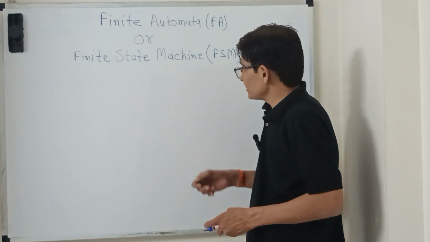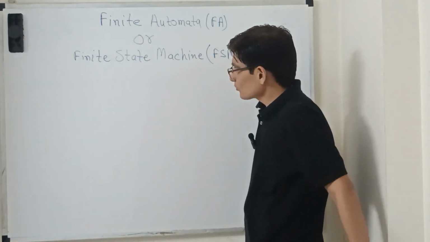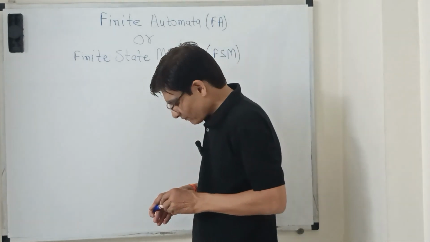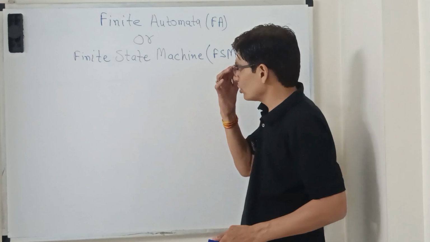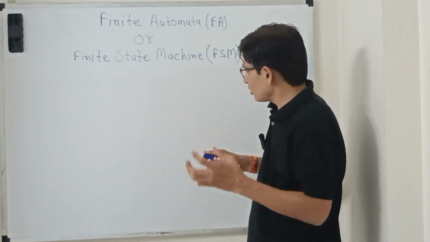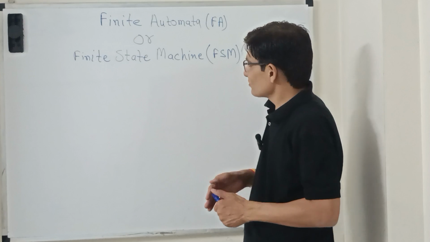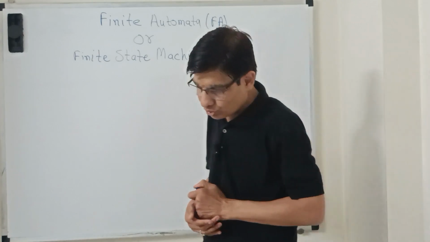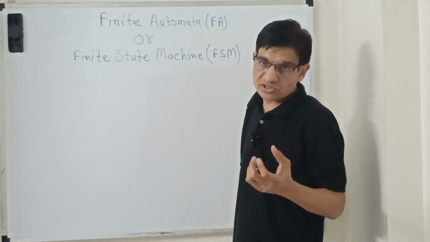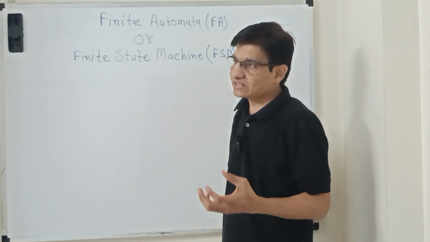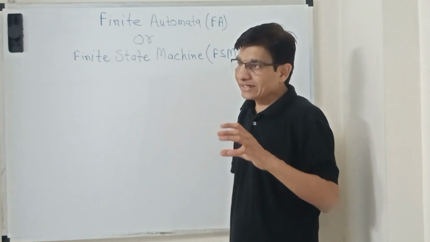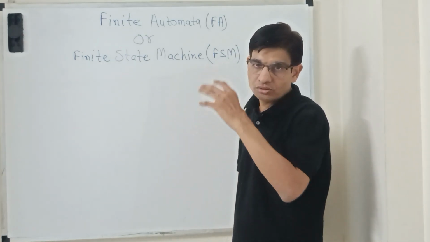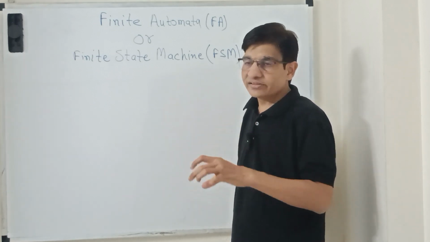Now, today's topic is finite automata, or you can also call it finite state machine. You can consider finite automata as a mathematical model to validate some languages or to validate some strings. Basically, finite automata are used to validate whether some string belongs to a particular language. By applying some logic, we design one mathematical model to accept all strings that belong to